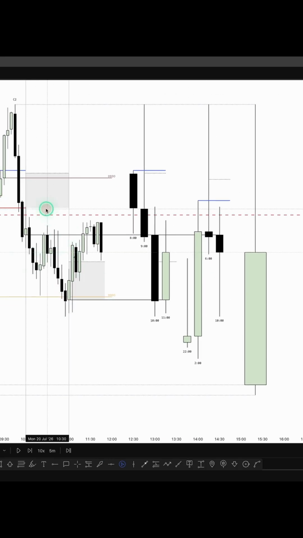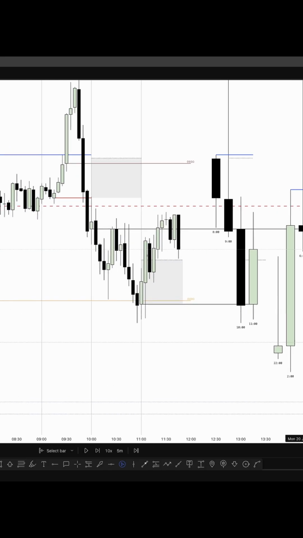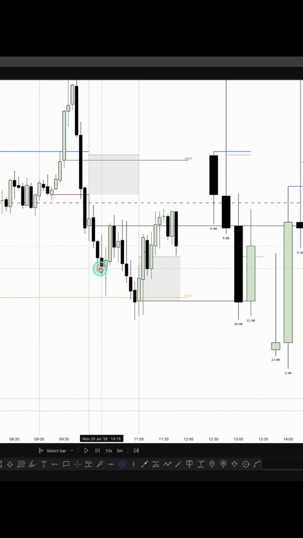ES also had a similar setup here, and ES did what I normally want price to do, right? Notice how 10 o'clock open, you have an up close candle here, went up, and then it changed state of delivery right here. So what you could have done is, if you took it on ES, and we're below midpoint, by the way, if you took it on ES,